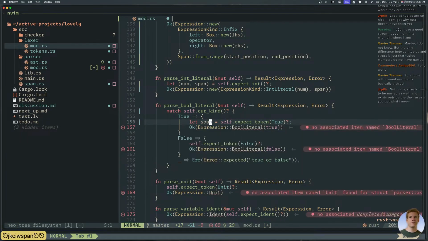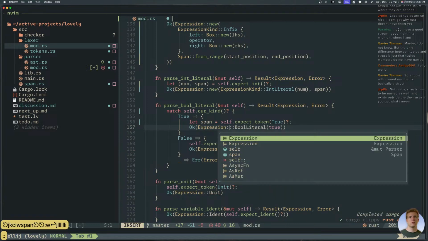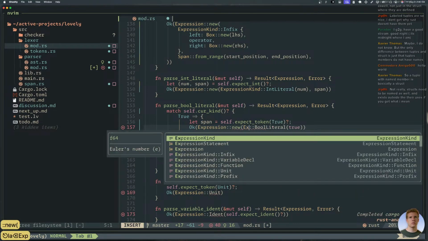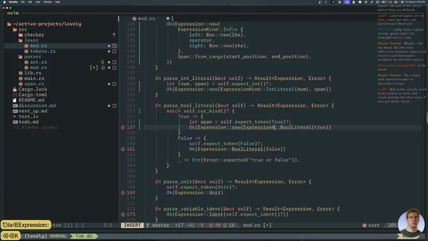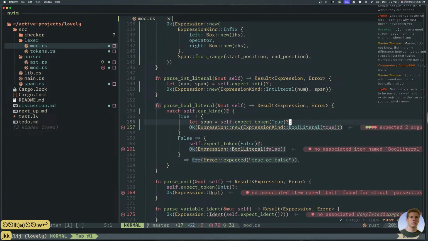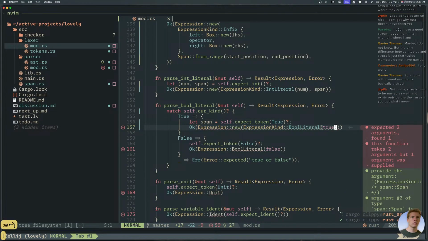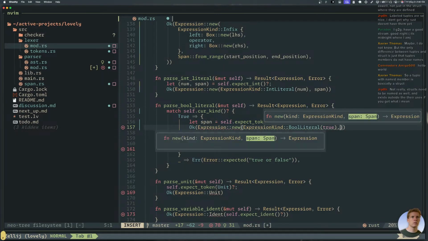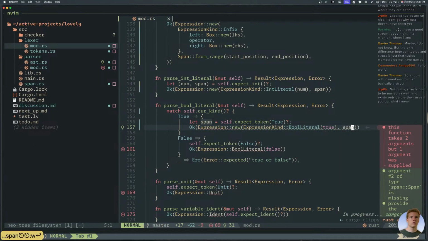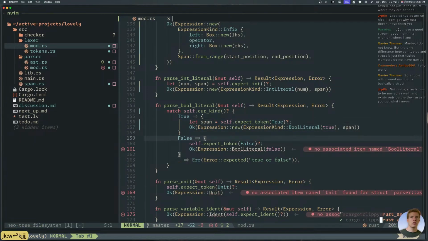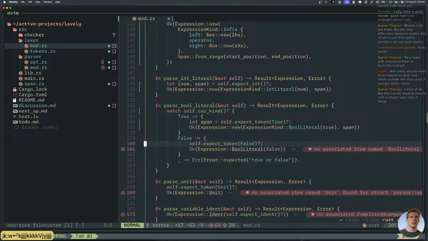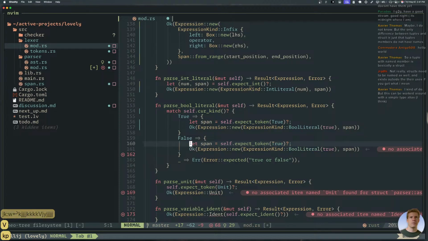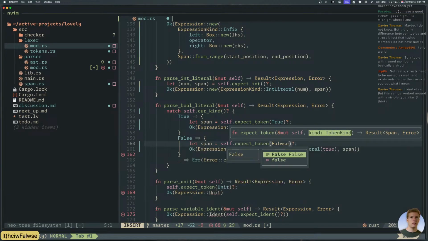Sweet. Pass the span along and then make this be false.